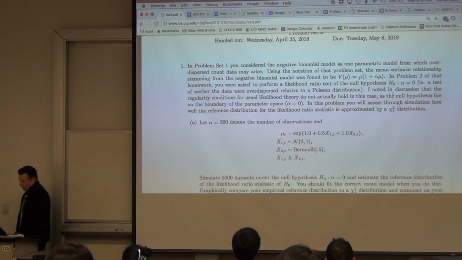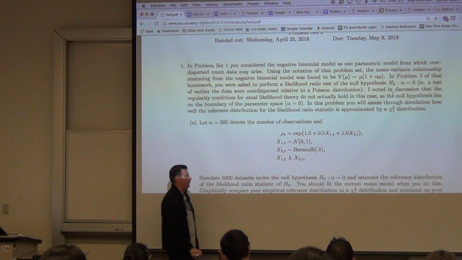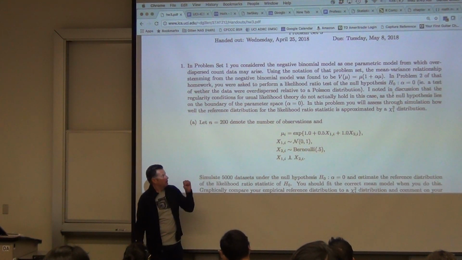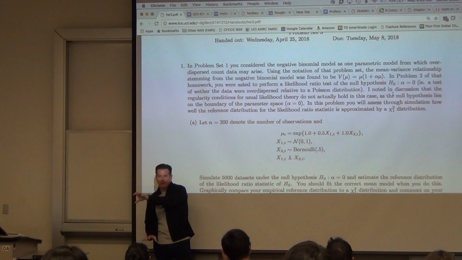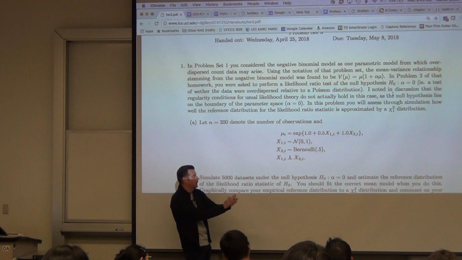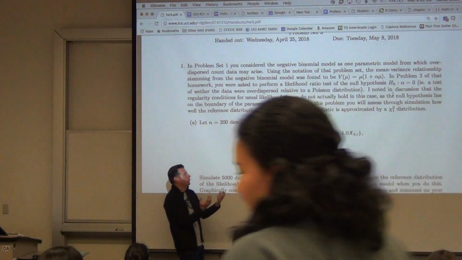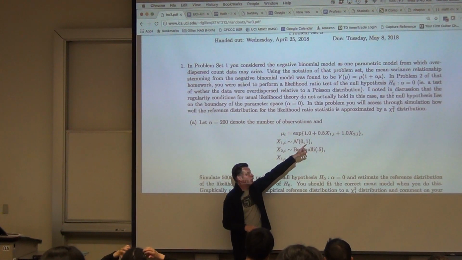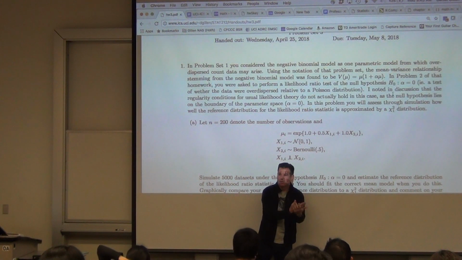And in discussion, Arseny correctly said, look, I did some research and a lot of people don't use a chi-square 1 there, they use a mixture of distributions. Why is that? And the answer that I gave there, which is the correct one, is because likelihood theory breaks down in that problem. Because you are testing a parameter value that's on the boundary space for that parameter. Alpha is positive in this case, and you're pushing up against the boundary. One of our regularity conditions is that there is an open ball around the true value of the parameter of interest. And again, when you're testing H0 there, you're conditioning upon alpha equaling 0. Right? So that is the true value under the null.